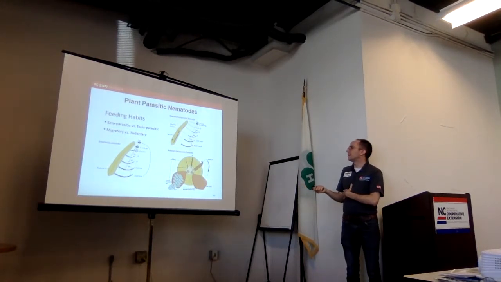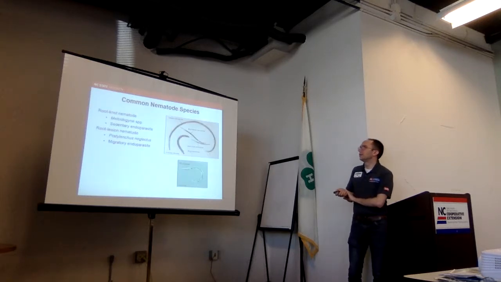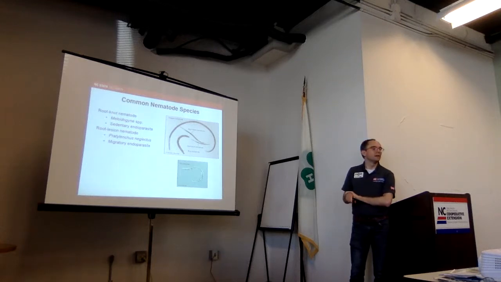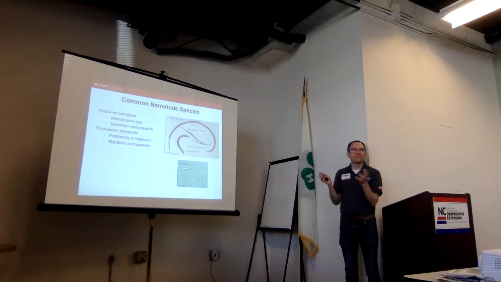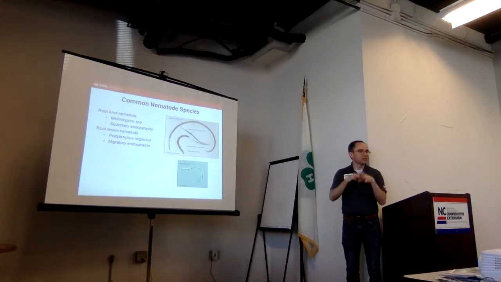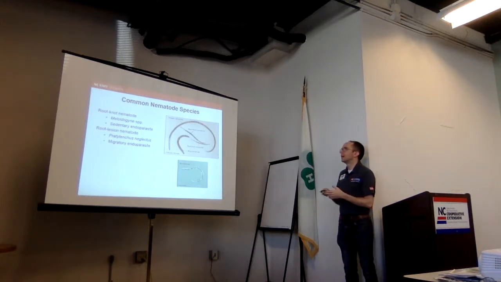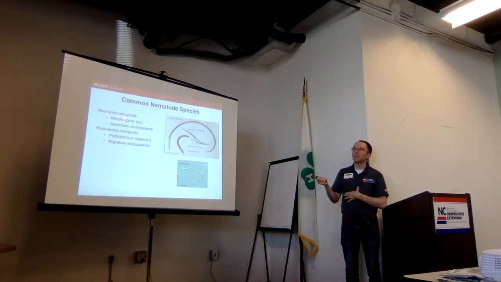Many of the ones that are easy to recognize are the secondary endoparasites. Those are the root knot nematodes, as the name implies. They produce little nodules on the roots, and those are in fact the highly inflated females surrounded by some plant tissue. There is a new species of root knot nematode called guava root knot nematode,